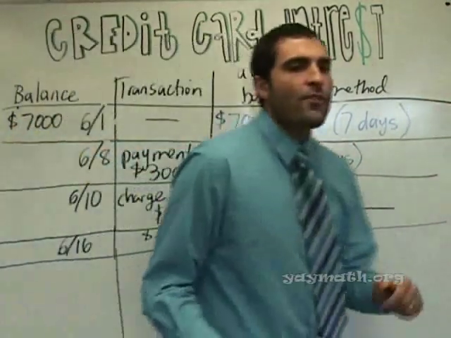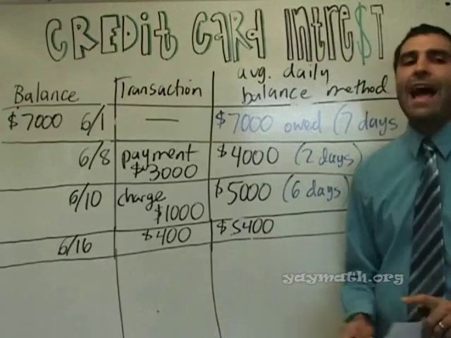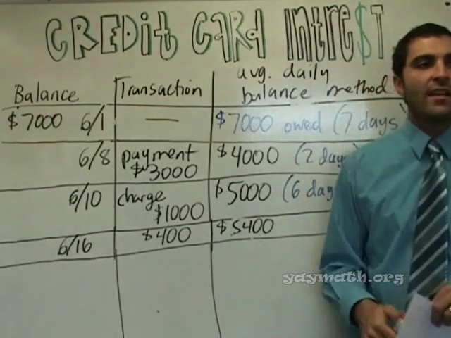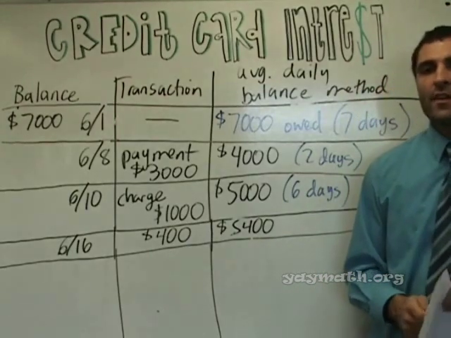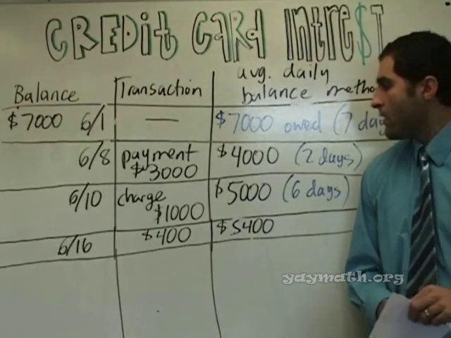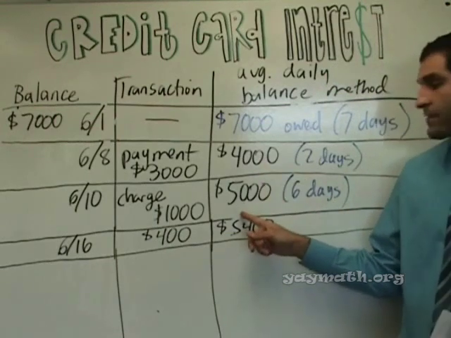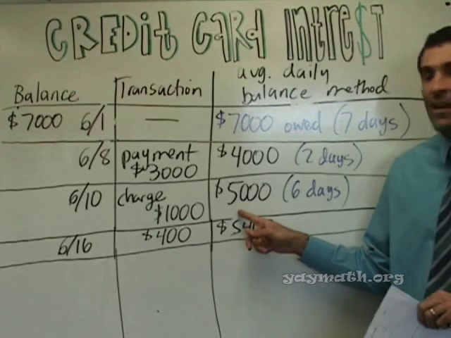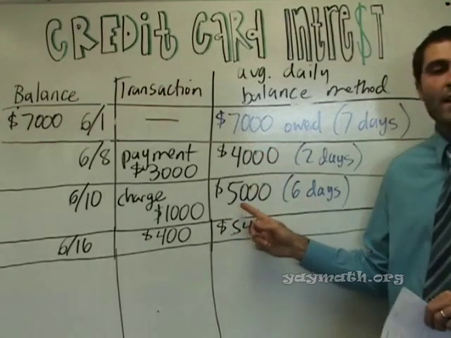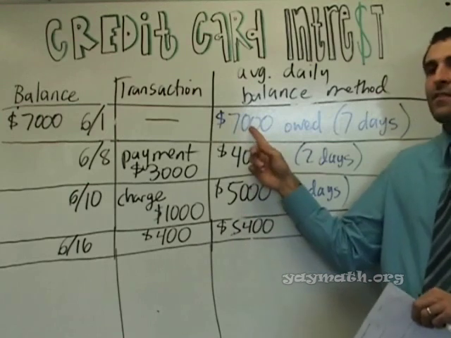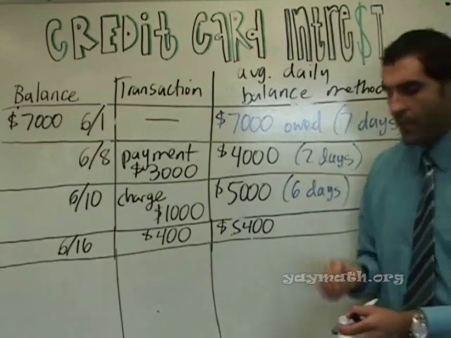Okay. So far, we're about halfway through the month. About how much on average did we owe per day? Just getting a quick survey. What do you think? 4,500? Let's guess about 5,000, maybe, because we owed 5,000 for a really long time. We also owed 7,000 for a really long time, so it might even be more than 5,000, because the 7,000 is a big average as well. For a week, we owed this. But let's keep going for the month.